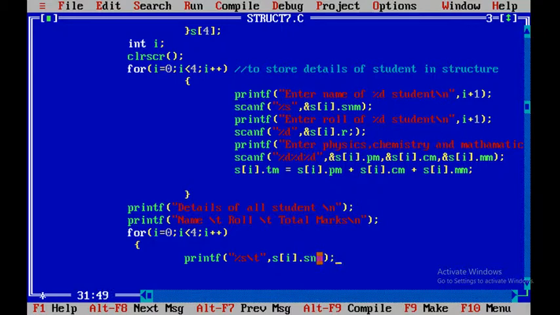Then we have to display what, role. So role data type is what, that is integer, so format specifier is %d, then we have to give slash t. And then the name of the variable where role is stored, so s[i].r, and finally we have to display total marks. So total marks will be again an integer, so format specifier is %d, and after display of total marks,